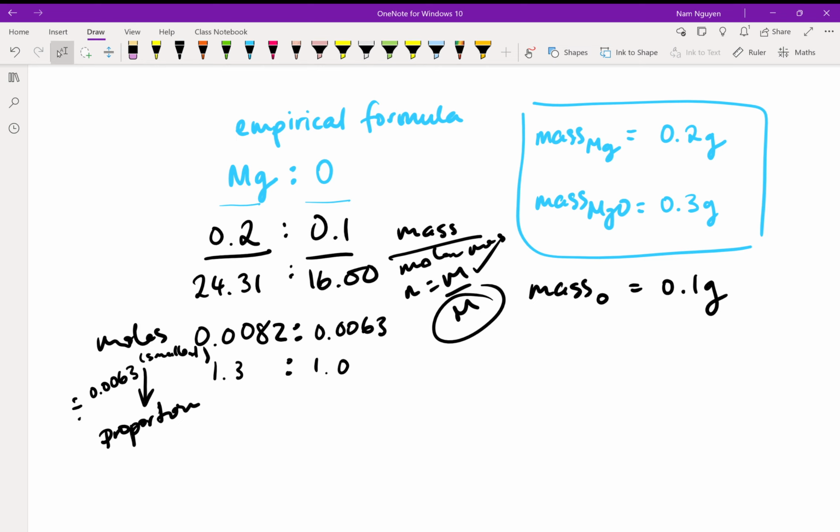Just ours? A made up one of 0.2 grams and 0.3 grams. Right. So what does that